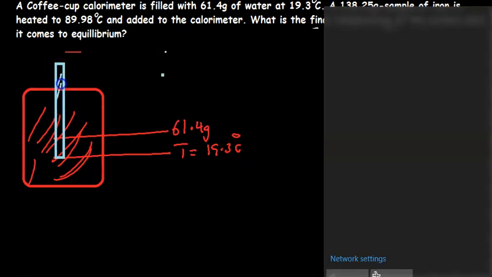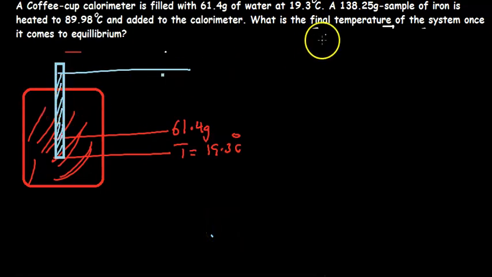In this case, the mass of the metal which we put inside the coffee cup calorimeter is 138.25 grams. Here they said the sample of iron is heated to 89.98, meaning the temperature here is